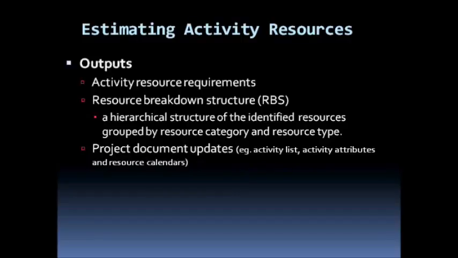The outputs that we'll come up with will include an activity resource requirements list. So we'll determine the resource requirements for each activity, and out of these requirements we could form a resource breakdown structure, an RBS, which will show the hierarchical structure of the identified resources grouped by resource category and resource type. So we could group the resources according to categories and according to type,